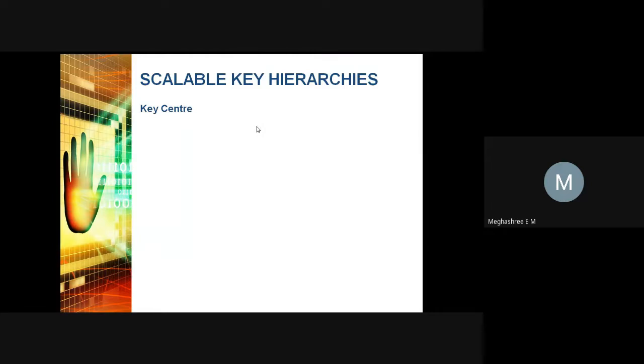Okay. If this method is used, we can reduce the need for 4950 master keys to 100 master keys, each one shared between a specific user and the key center. So with respect to the previous method, where a two-level key hierarchy is followed, if 100 users are present, then 4950 possible pairs of users will be there. So for each pair, one master key has to be generated, right?